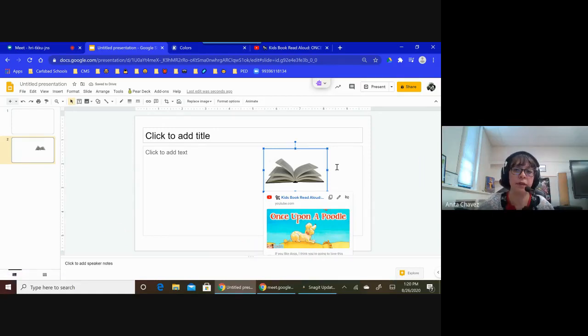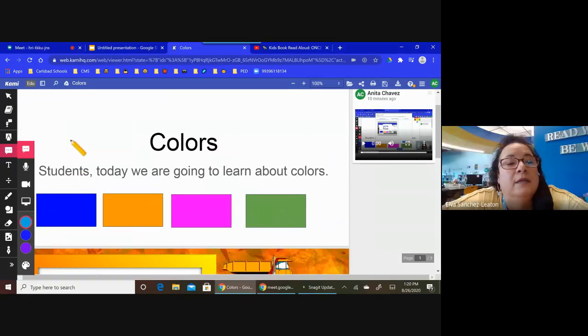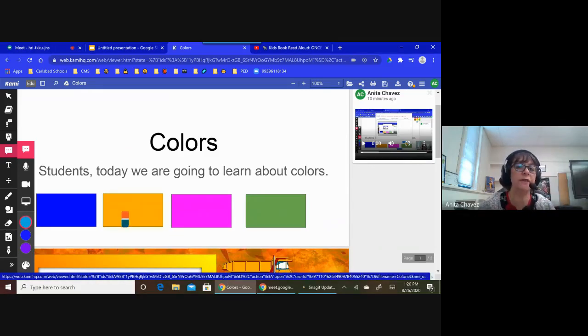So whenever you put it in Cami, they click on it, and in Cami it's going to show up like a yellow color if they hover their mouse over it. So it doesn't show like it did with these. See how you can barely see it highlights. And my mouse changes, I have a weird mouse. I have a pencil and an eraser, but theirs will change from the arrow to the pointy finger. Okay. So they know that's clickable. And then if they click on it, it'll take them to that video outside of Cami.